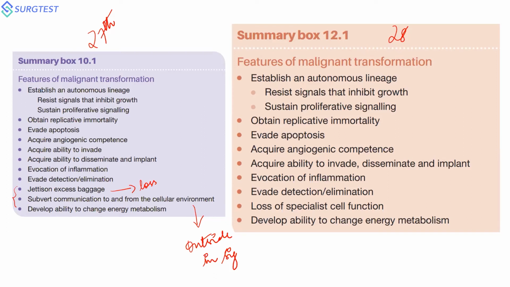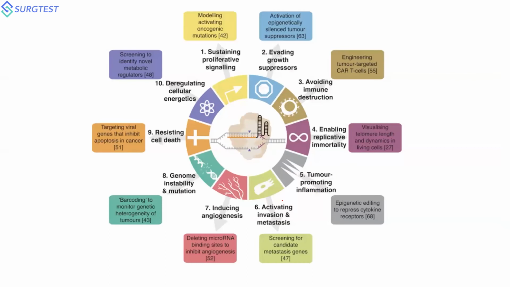So these two have been removed in the 28th edition, meaning to say that this has not got that much implication for cellular metabolism compared to other established key features of your malignant transformation. So this slide was an interesting slide where I wanted to emphasize why we are learning about these hallmarks, because each and every single hallmark can be targeted for treatment.